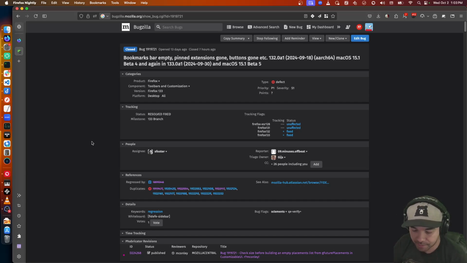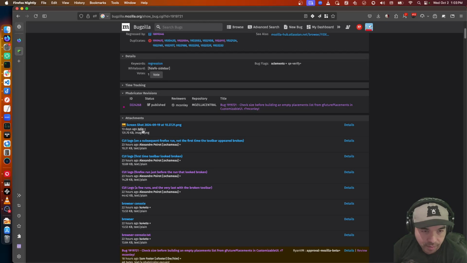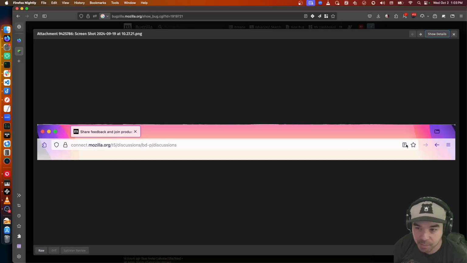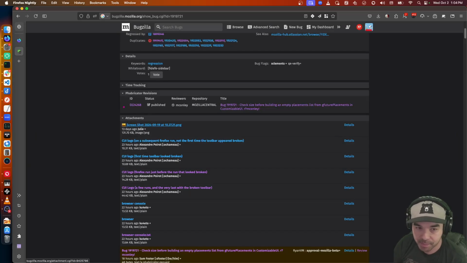That also meant that the first betas for 132 went out yesterday as well, and people on beta noticed this very unfortunate bug for the people who updated early, where sometimes their toolbars would get into this really gross state. It's all reversed, and some of their toolbar items that they'd customized had been moved or gone away, and that was not great. So yesterday, as soon as we got wind of how many people were experiencing this,